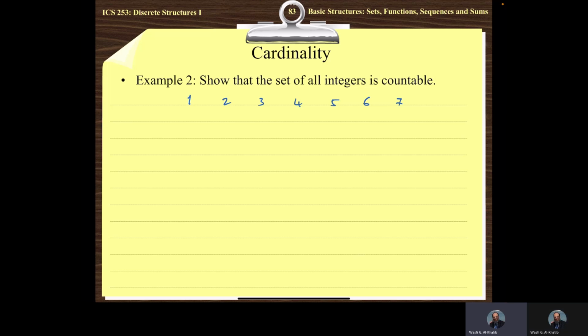Right. So what is that function? Well, let me define the following function for you, and let's see how things go. Let f of n be equal to